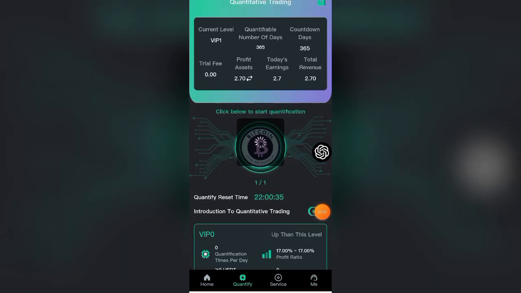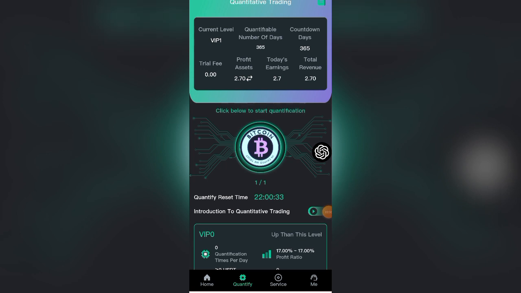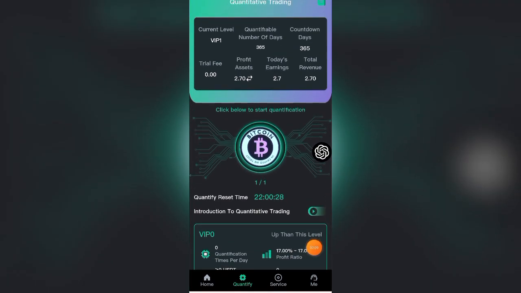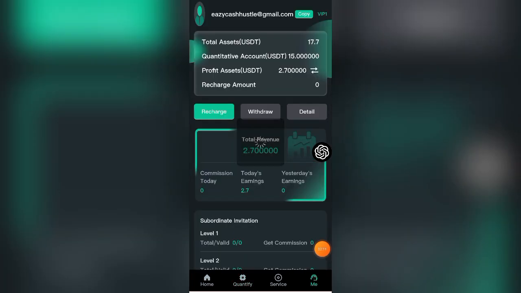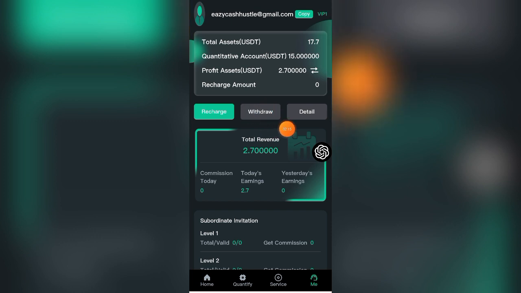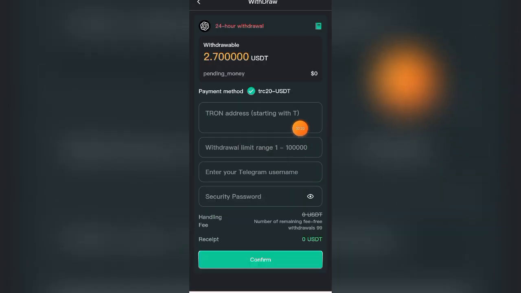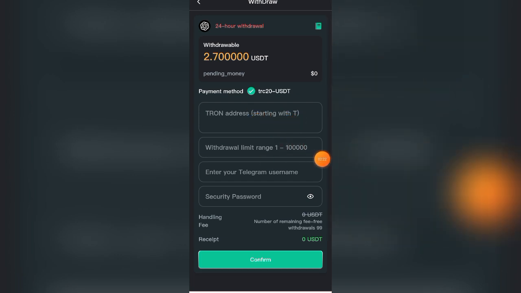in this place. Now I can withdraw it direct to my bank account. So I've earned this money in this site, and I'm going to withdraw for 365 days. So if I want to withdraw this money now, I'll just click on withdraw in this place. If I click on withdraw, since I have $2.7, this is where I'm going to paste my wallet address, and I'm going to go to my exchange now and copy my